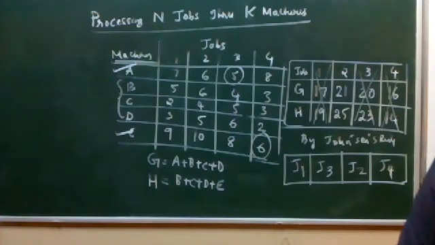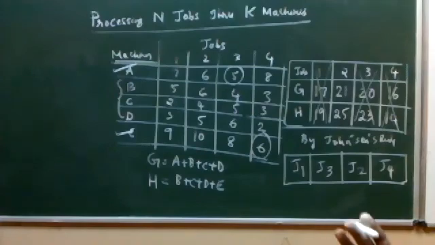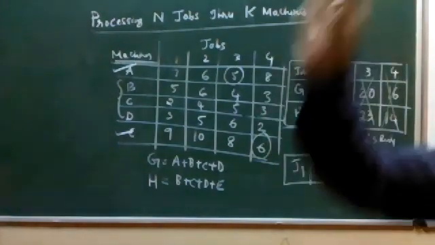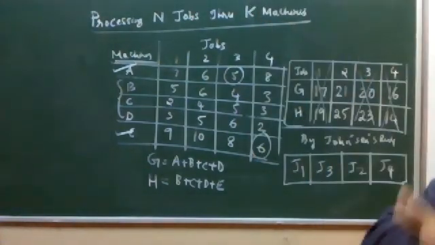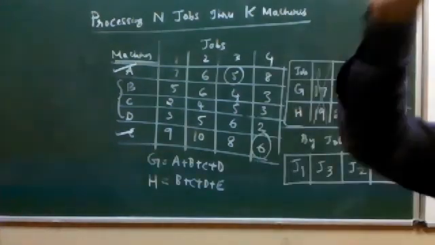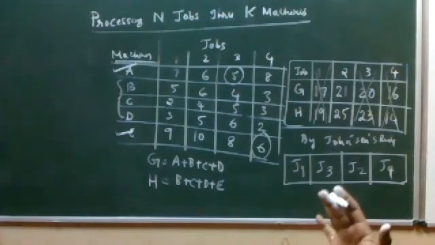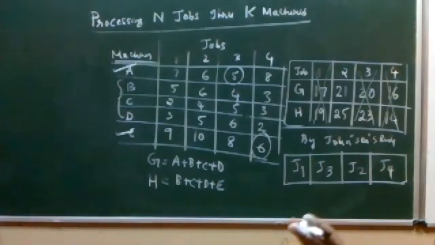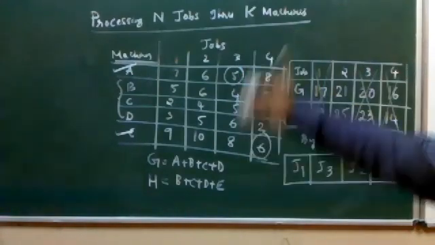Unlike the 3 machine problem, we don't have multiple formulas to calculate the idle time. That is one biggest benefit here. In K machine problems, the idle time is directly calculated by counting the totals of individual columns. Those formulas like B minus C, D minus C are not here. Directly we can take the total of the individual column and write the answer. So that is one benefit we have as far as K machine problems are concerned. Anyway, I'll explain when I take up the second step.